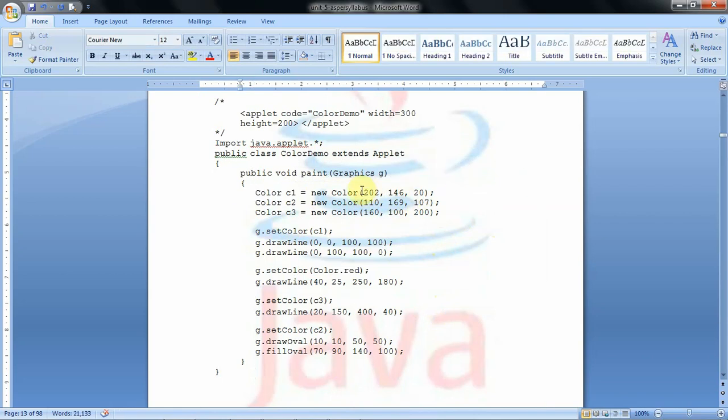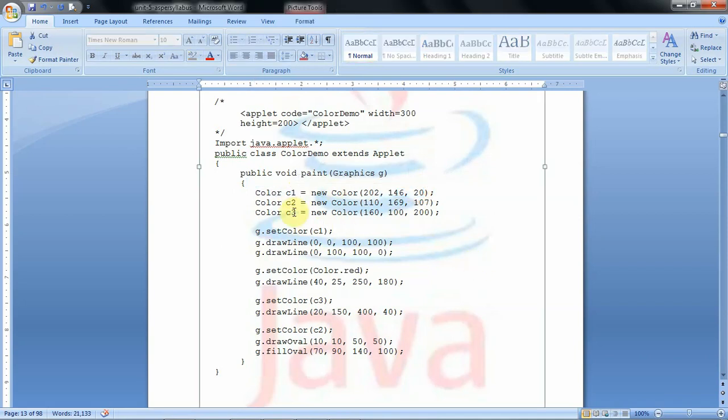So in that, 202 red contribution, 146 green contribution, then 20 blue contribution. With these three color combinations, the new color is created, that is indicated by C1. Like that C2 is created with red 110, green 169, blue 107. Like that three different color objects are created.